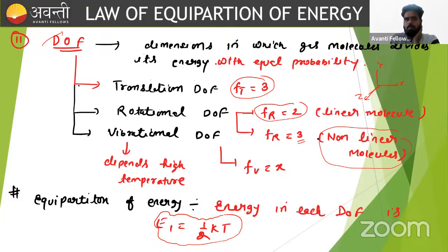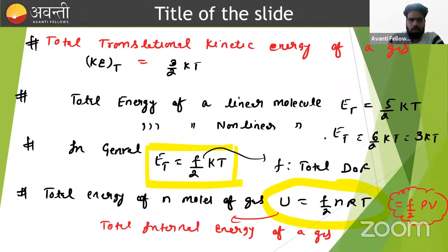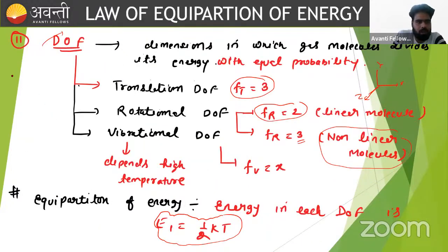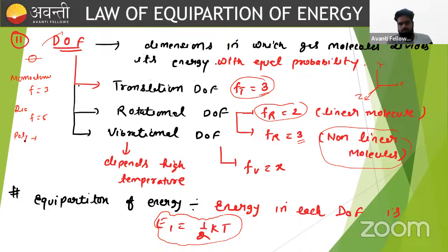So we have to also keep in mind, if I am talking about monoatomic gas, something like helium, neon, argon type of gas, this type of gas has only 3 degrees of freedom, because the dimension of the molecule is too small. So we neglect the moment of inertia of molecules. We don't consider the rotational degree of freedom. Monoatomic 3. For diatomic, we can say degree of freedom is 5, and for polyatomic,